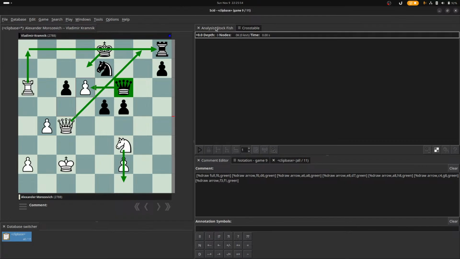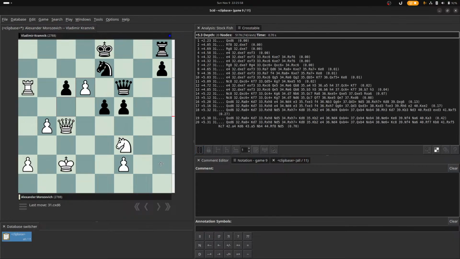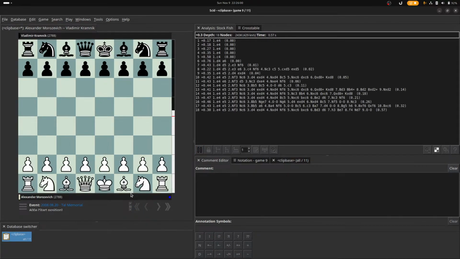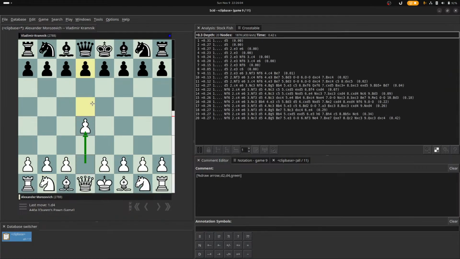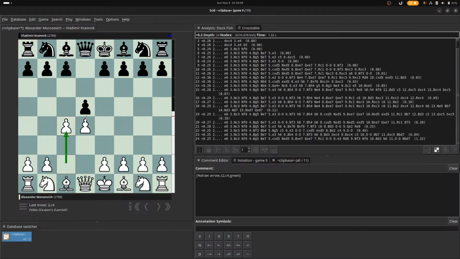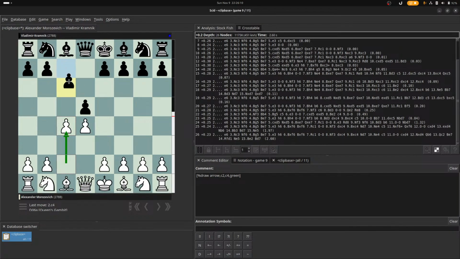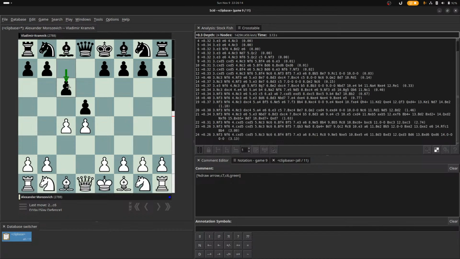Got it. So let me just clear everything. So just start the Stockfish analysis and then start the game from the beginning. So yeah, the game starts with d4, d5, and then the queen's gambit c4. So Kramnik goes with the Slav defense, which is c6. So after playing c6,